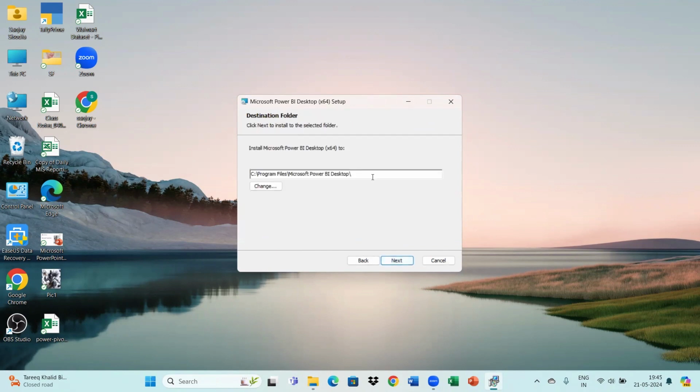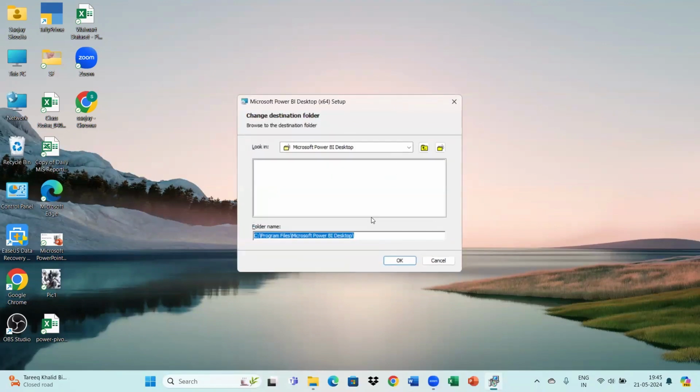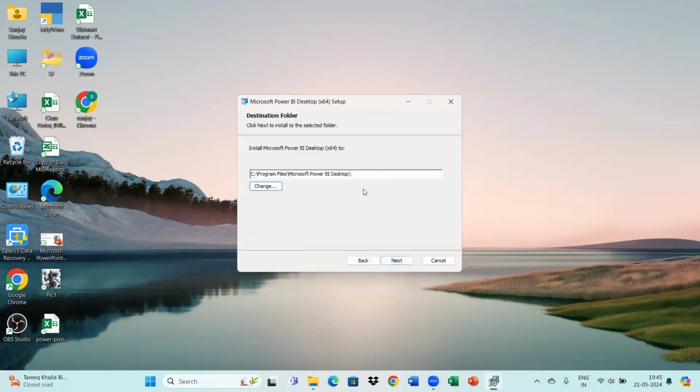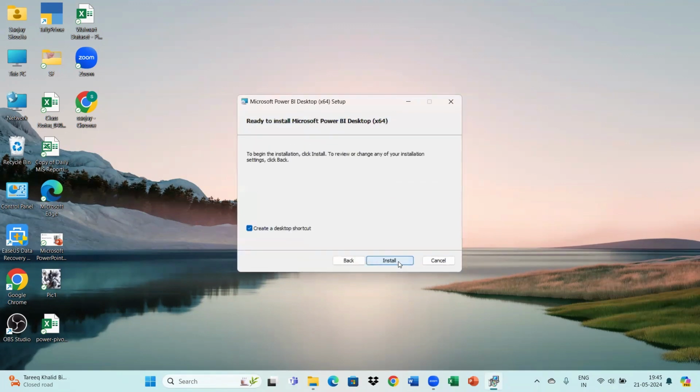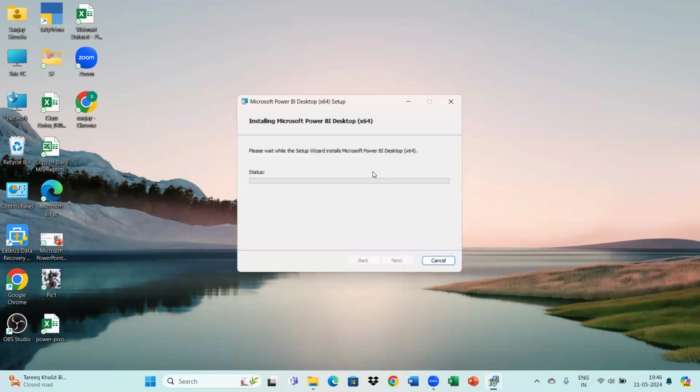Just accept the license agreement by putting a tick in the checkbox and click on next. Here it will show you the default path where the program files related to the Power BI desktop version will get stored. If you want to change it, you can click on change and then browse to where you want to save. Otherwise, you can simply click on next and proceed further. And this is the dialog box where we will actually start the installation process. Till now, we were just providing the basic information to our system. And now in order to start the installation, we will just click on install